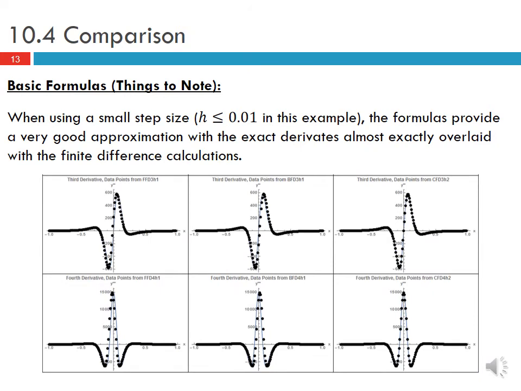Another thing that we can note is that when we're using a small step size, so h less than 0.01 in this example, the formulas provide a very good approximation of the exact derivatives, almost exactly overlaid with the finite difference calculations. And this is for all of the schemes, the forward, backward, and centered finite difference. When we use a small step size, they all provide very good